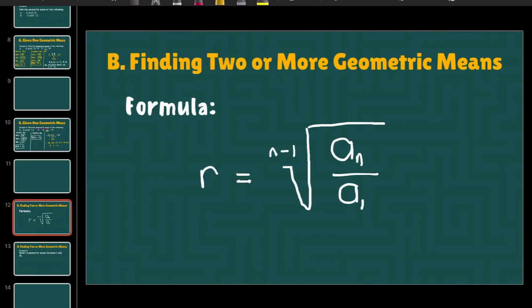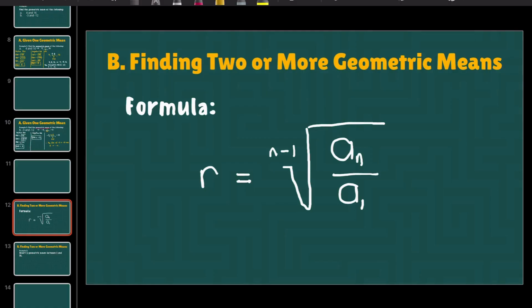Hola! Now let's have the part 2 of our lesson in geometric mean. That is finding two or more geometric means. So kapag two or more geometric means na yung hinahanap natin, we will be using this formula. Okay? Pero kapag isa lang ang geometric mean na hahanapin mo, babalikan mo lang yung previous lesson natin, which is the square root of A multiplied by B. Okay? So ngayon, ang formula natin for finding two or more geometric means, we have here